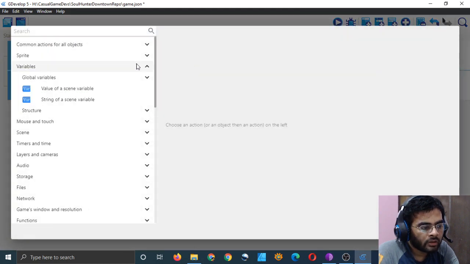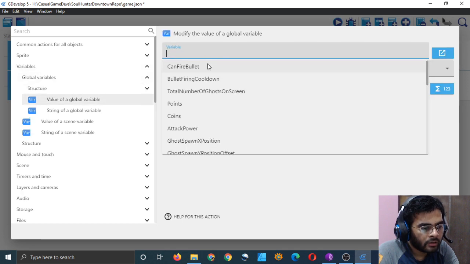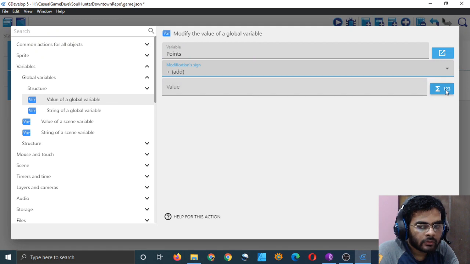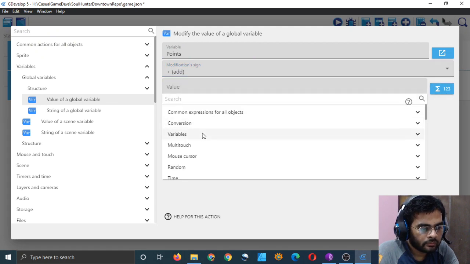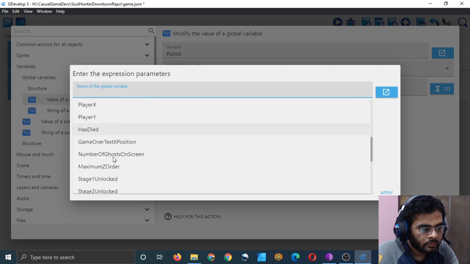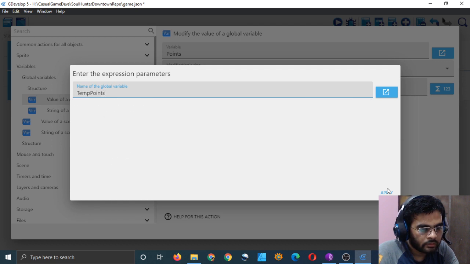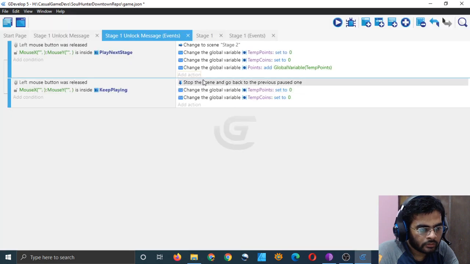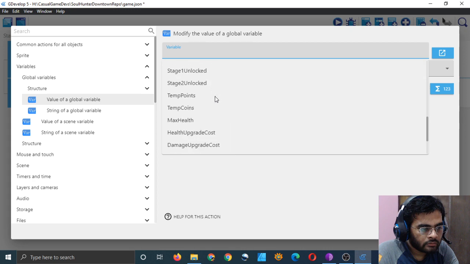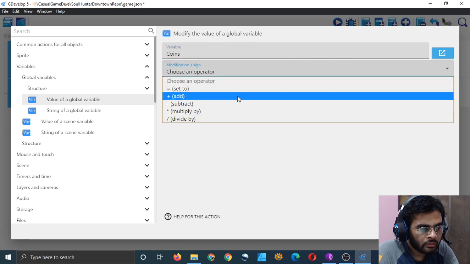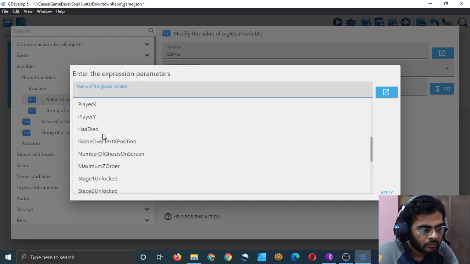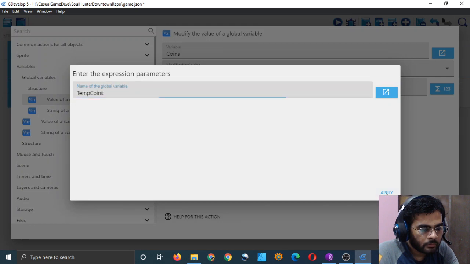Variables, global variables, value of a global variable: points plus temp coins and temp points, and this one more: variables, coins plus variables, value of global variable, temp points, apply.